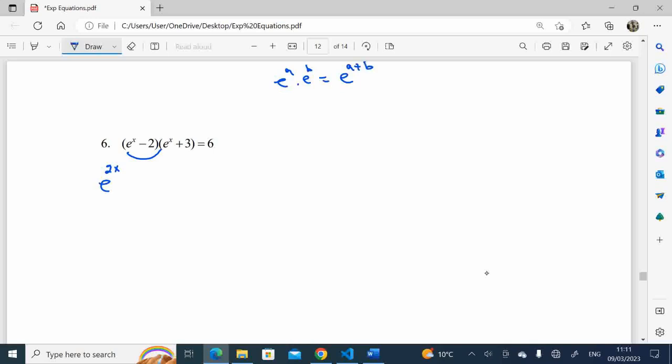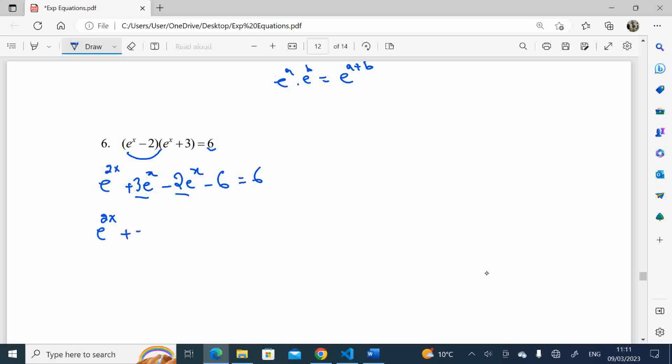So here it will become e^2x. e^x times 3, it will be plus 3e^x. Minus 2 times e^x, it's minus 2e^x. And minus 2 times plus 3, it's minus 6. And if we take 6 to the left side, or let me keep it first, equals 6. Okay, now if we take 6 to the left side and we add these two terms here, we get e^2x